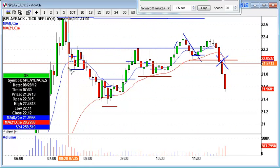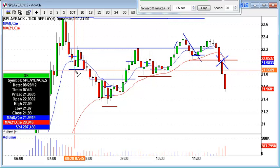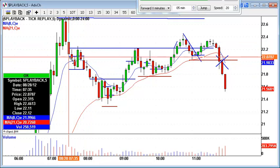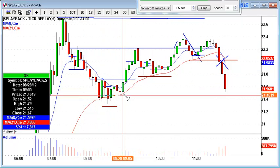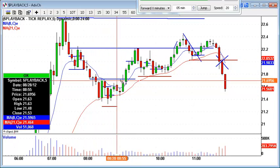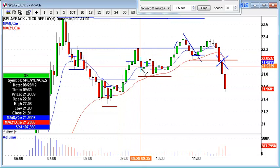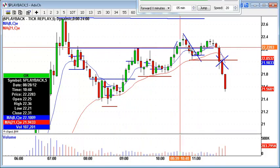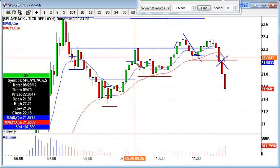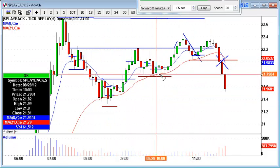So this would have been a first possible entry once it broke this high on this pullback, but that failed. Here offered an area to kind of accumulate a little bit and an area to buy on the breakout, but there wasn't much follow through. So although I was able to profit from this trade by kind of playing this level here and just buying all the pullbacks into the EMAs, here, and here,